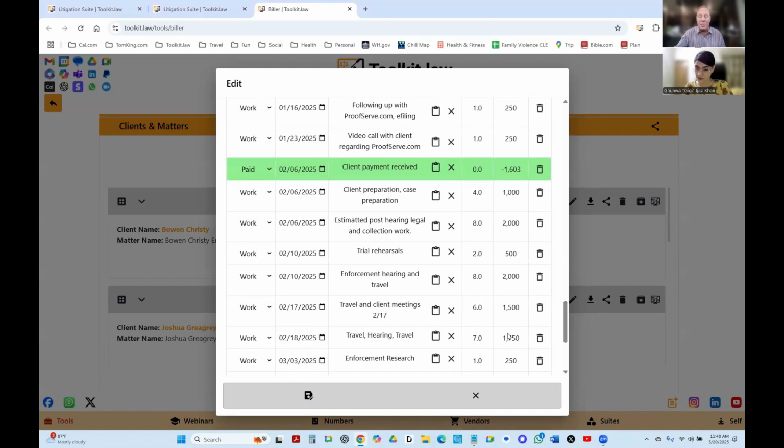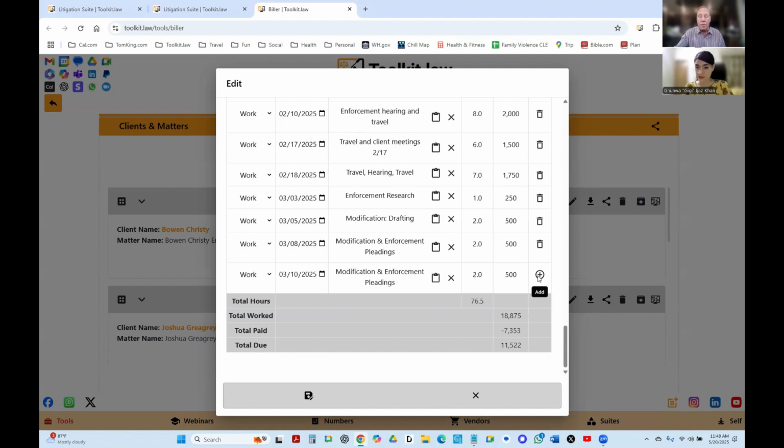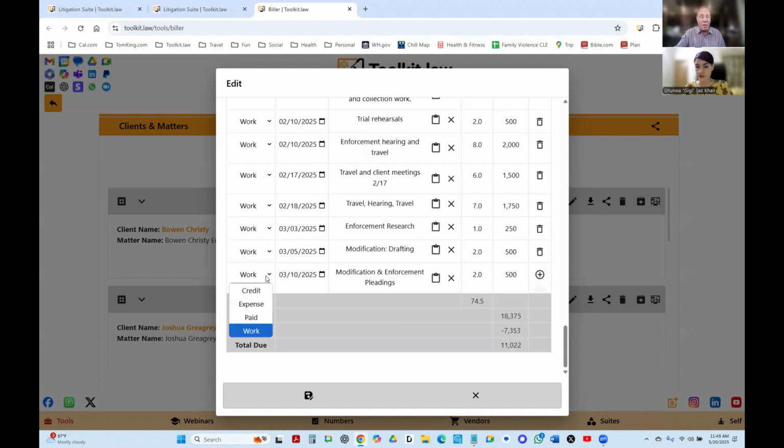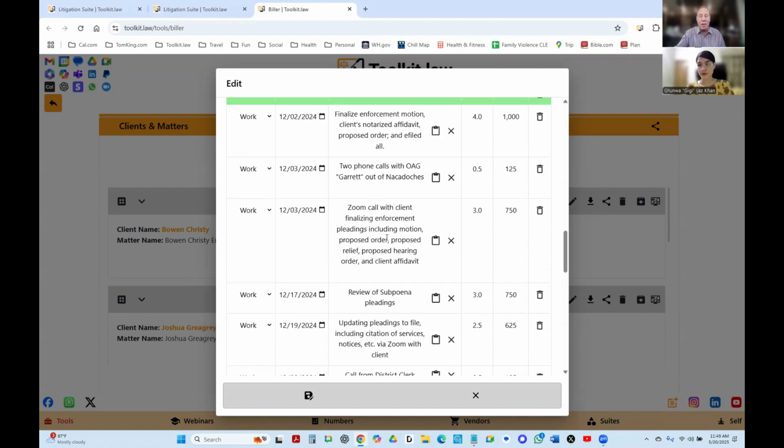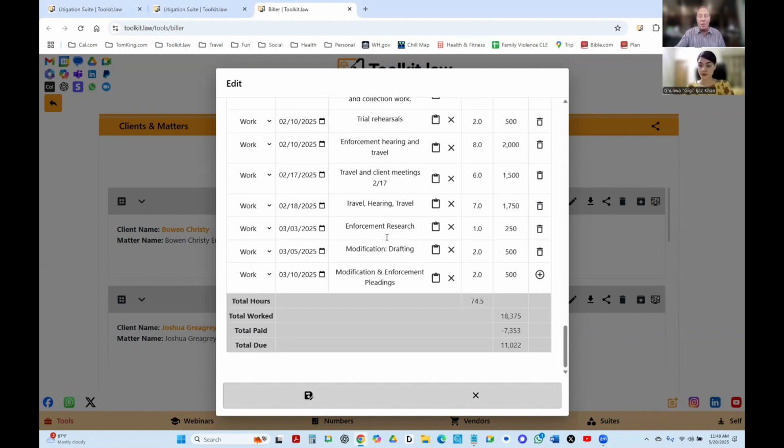And if you need to add something new, you just add it and you indicate if it's a credit, an expense, if it's paid, if it's a payment from them, or if it's work. And you can see here how it just organizes everything. And then it tells you where they stand, right? How much work you've done, how much they've paid, how much they still owe you on a case. And after you save it,